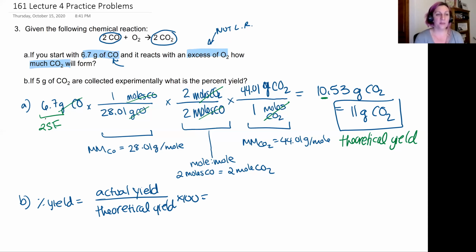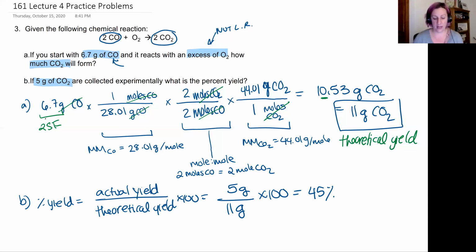And our problem tells us that we've got 5 grams that we collect of carbon dioxide in the lab, experimentally, or in the lab. It kind of means the same thing. So I've got 5 grams on top. I've got 11 grams on the bottom. And I'm going to multiply that by 100 to get a percentage. When I do that, I get a value that is 45%,